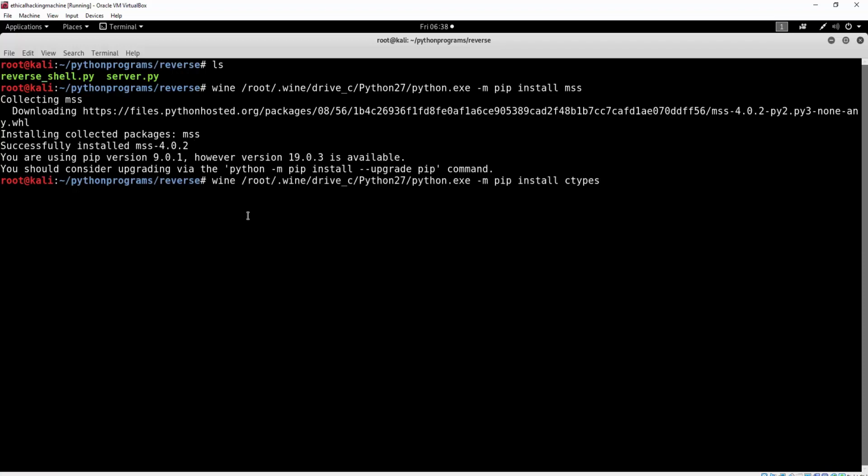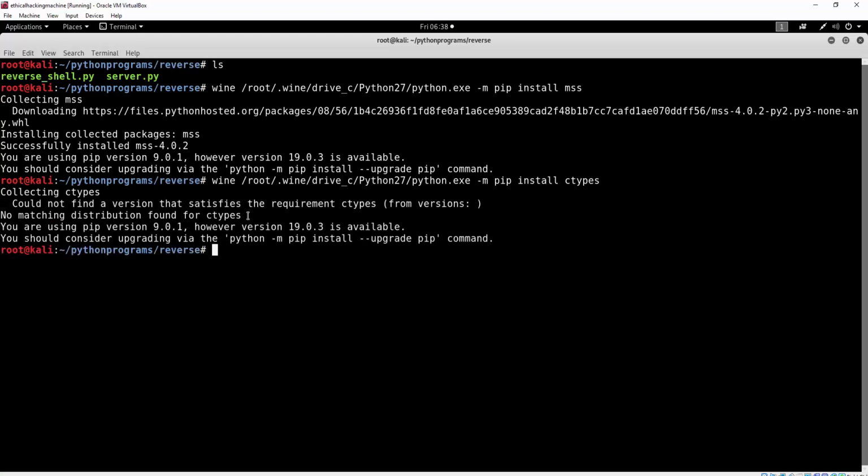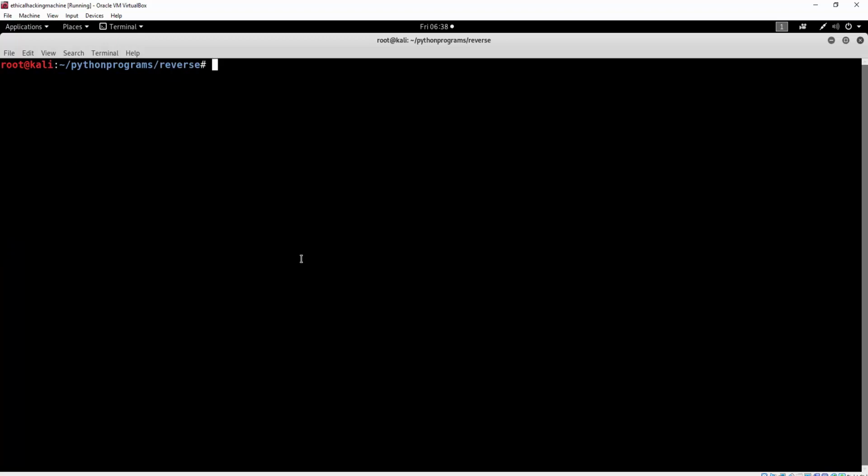It probably does have them, but just in case, so we don't actually run into an error, let us collect that as well. If it has them, I believe it will say something like requirement already satisfied. If it doesn't have them, it will download it, and we will be able to use ctypes as well. So no matching distribution, so we already have that. Okay, so let us compile this right now